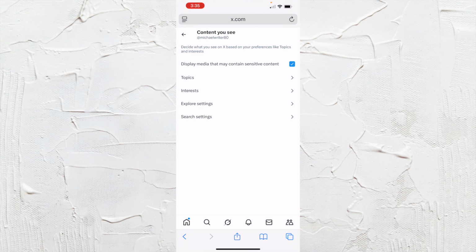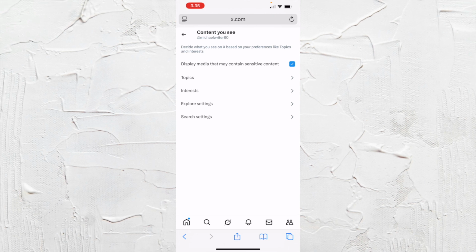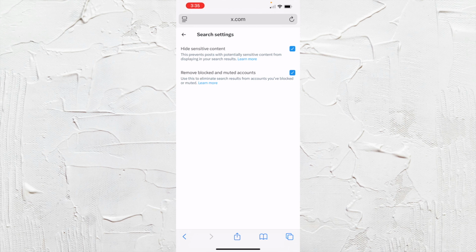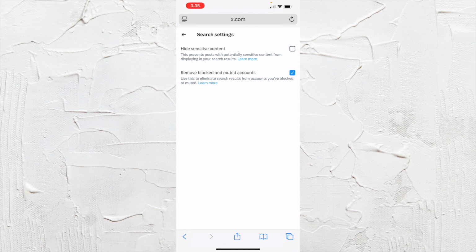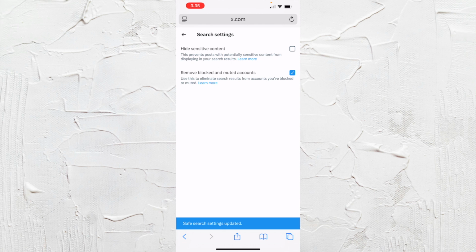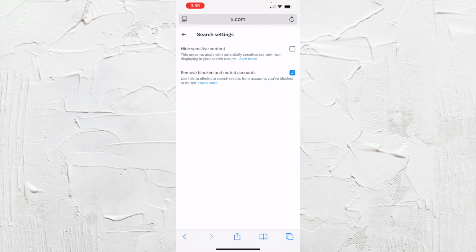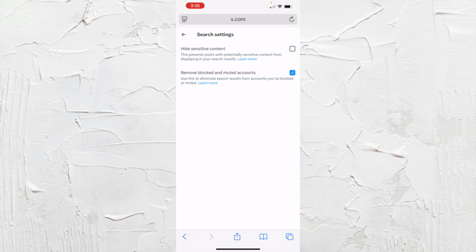And if you want to go even deeper, you can go into search settings and then make sure that you toggle off hide sensitive content. So those are two ways that you can update your Twitter, and it updates automatically on the app itself. And that way you'll be able to see different types of content on your